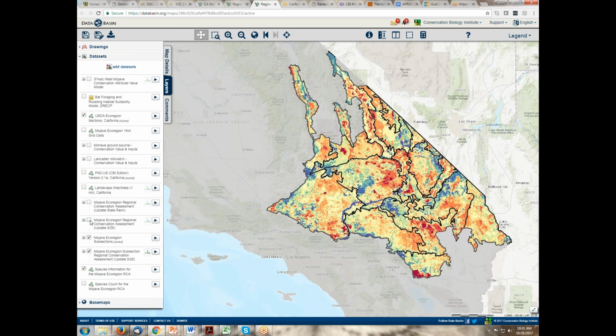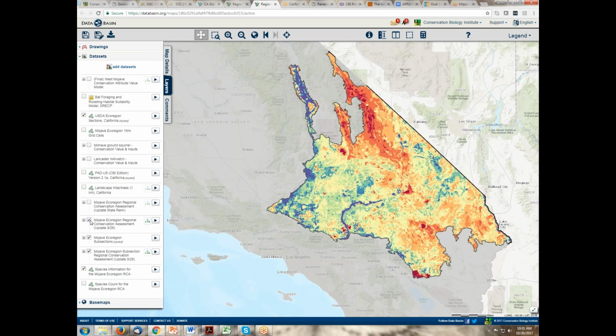Think of it like if you're looking at the whole Mojave, where in the whole Mojave do you have the highest concentrations? I'm going to click things on and off for a second so you can get your heads around it. Look at the Owens Valley and Death Valley as two stark examples. I'm going to turn back on the overall one. You see a good portion of Owens Valley is dark blue, a good portion of Death Valley is dark red.